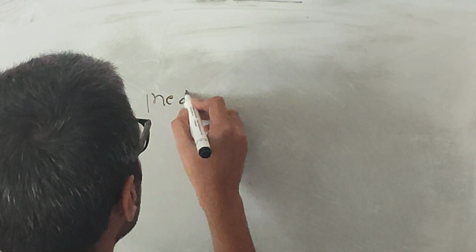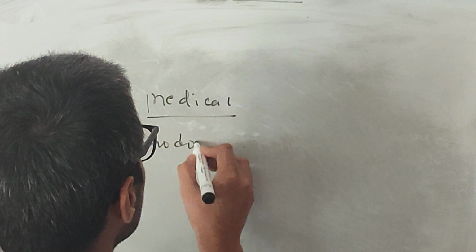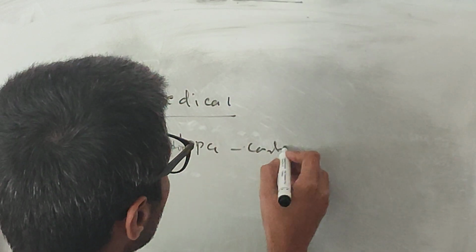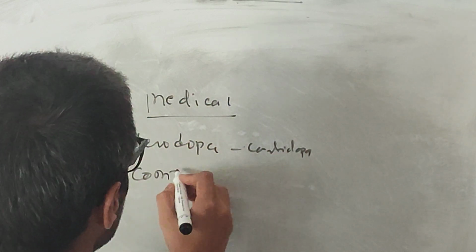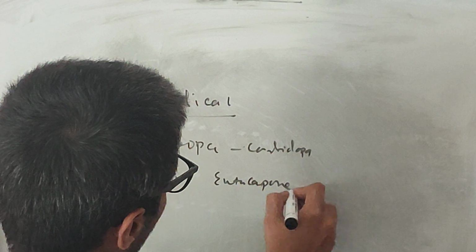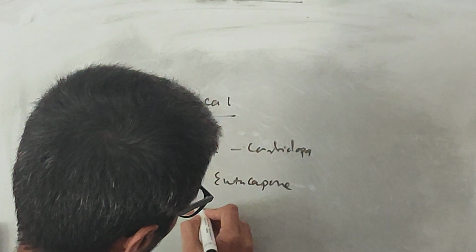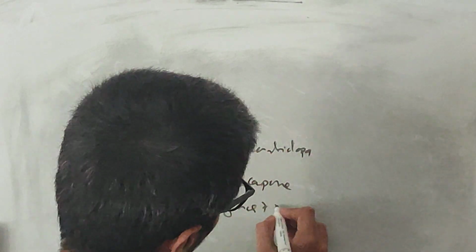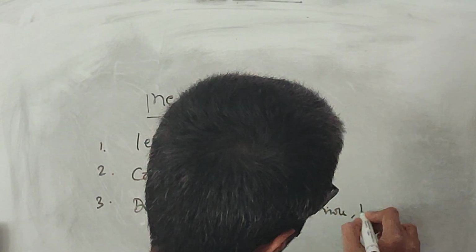Now let's talk about medical management. I already told you about the levodopa carbidopa combination. One is levodopa. Second is COMT inhibitors like entacapone, tolcapone. Third is dopamine agonists, like ropinirole, pramipexole, and